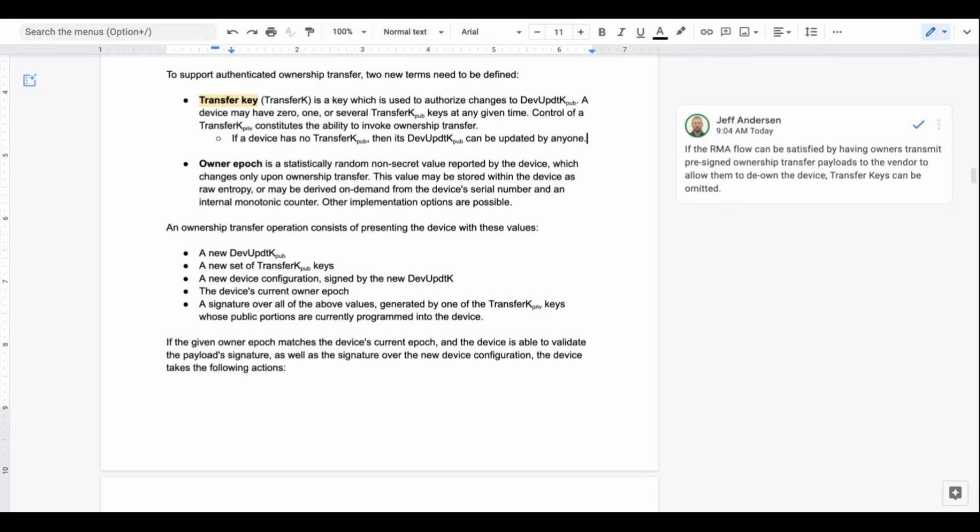But I thought that was a little bit less nice, because it places the data center operator and the vendor on co-equal footing. They both have equal say over the device because they both control a dev update key, which can authenticate device configurations. Yeah, that's reasonable. It's like key hygiene. Key transfer is the only one that changes the update key. Exactly.